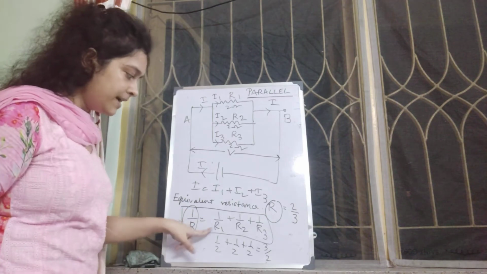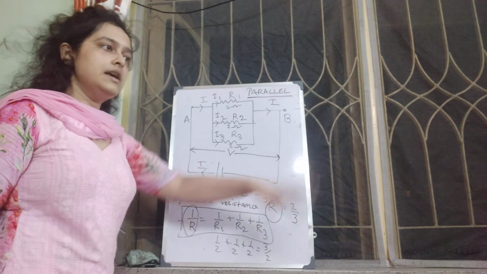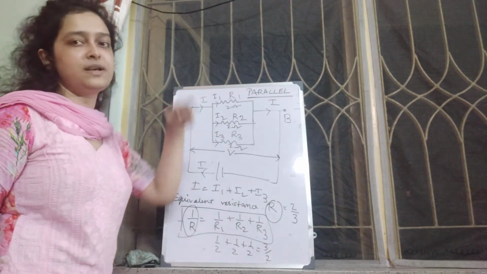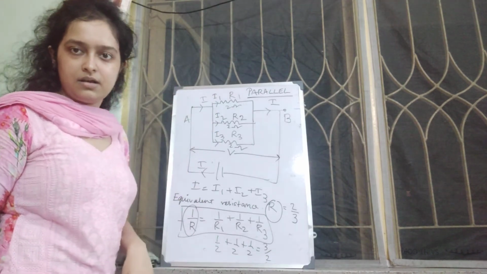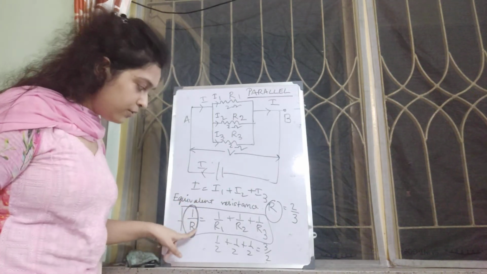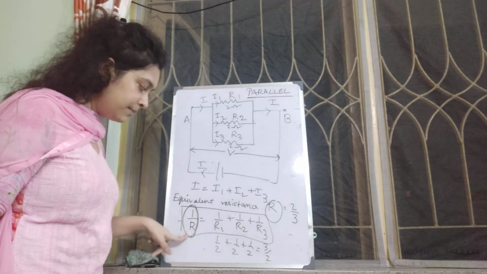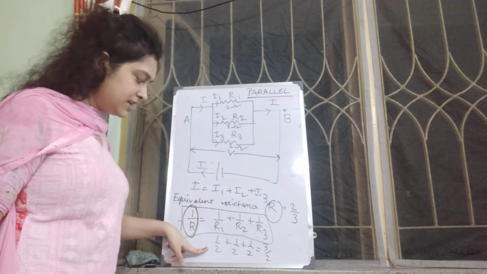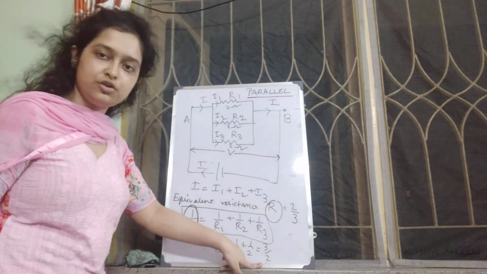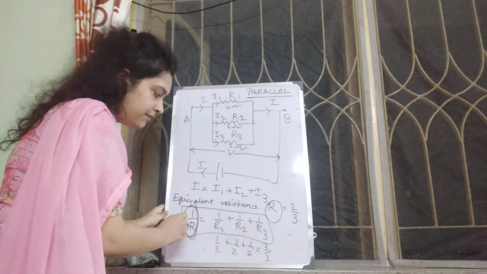This is the formula: 1 by R equal to 1 by R1 plus 1 by R2 plus 1 by R3 plus 1 by R4. If you have n number of resistances, go on like this. So, when you are finding the reciprocal 1 by R, if I want to know the equivalent resistance, the answer is R, not 1 by R. This expression is a formula for 1 by R. So, your answer will be 2 by 3, not 3 by 2. Understood? Because you have found 1 by R as 3 by 2, R will be 2 by 3.